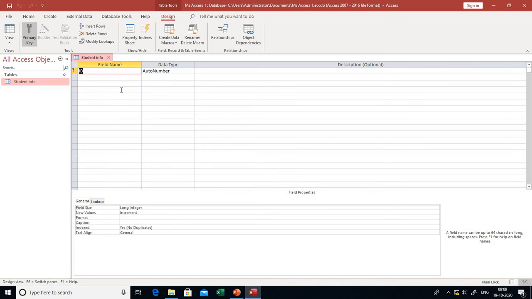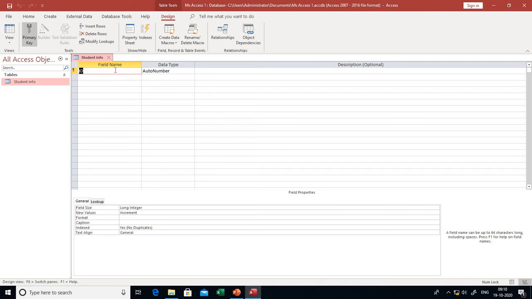In the field name column, we have to write our field name. So how many fields do we want in our table? You give the name and declare their data types. Data type means which type of data you have to enter in that particular field.